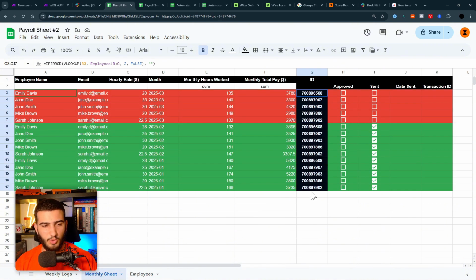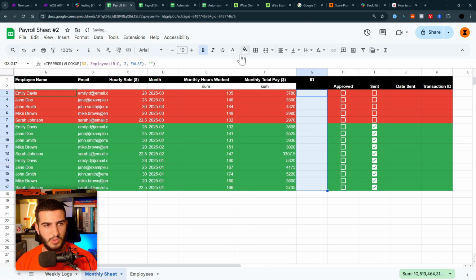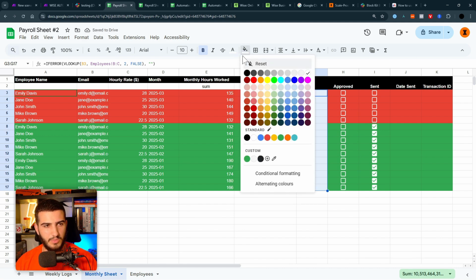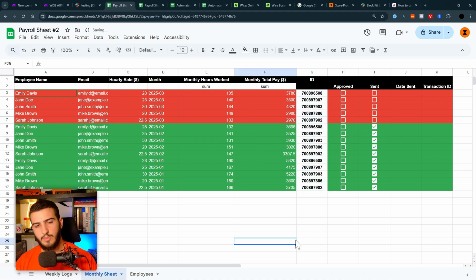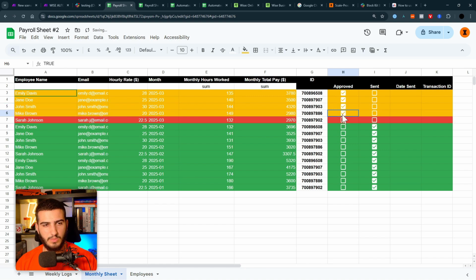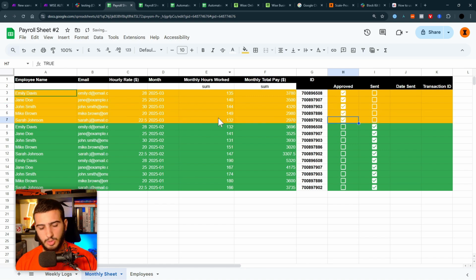And this is once again very important because this is what we're using in the second automation to actually find those individual IDs. So let's change this to black so we can actually see that, and perfect. Cool. So let's say as an admin, I come in and I approve everyone's. Now that basically means we're ready to move on to the second automation, which will be automatically sending these different